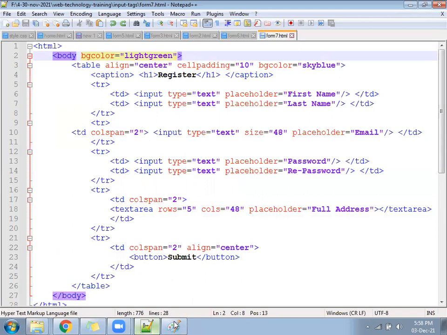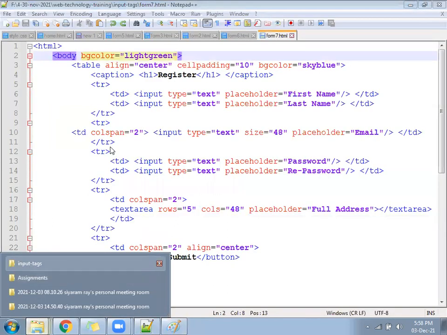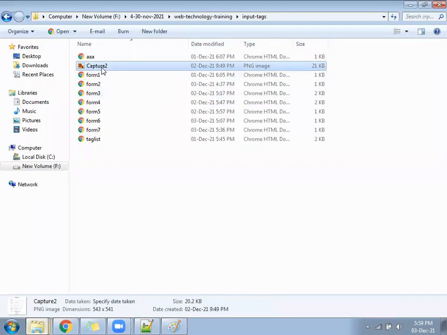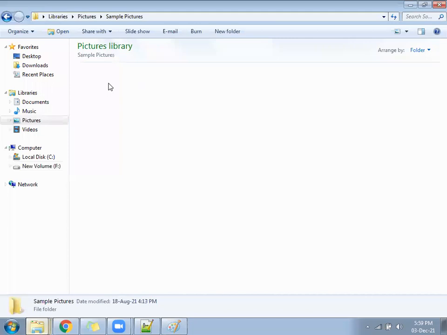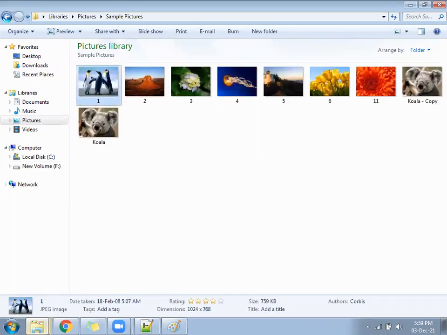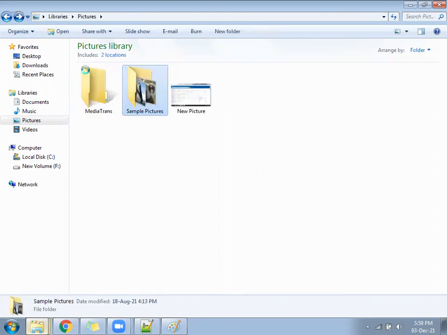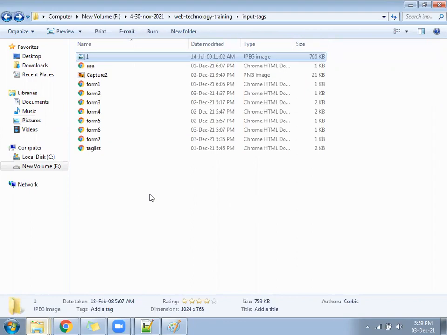See, this is the output, okay? Come. First, let me keep a photo in the current folder. This is my form. I will keep a photo here. So today everyone download some better photos. Download 10 photos from the internet, wallpapers, and keep them in your system. Every time you need one photo. After downloading, rename them 1, 2, 3, 4, 5, 6. So see, I kept one photo.